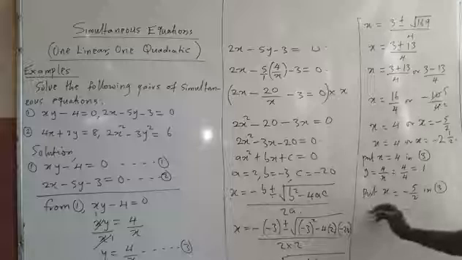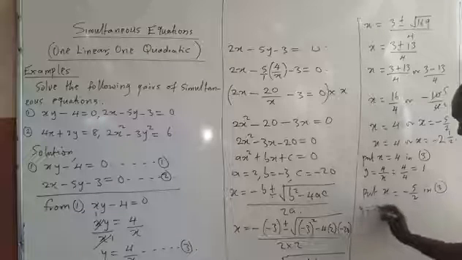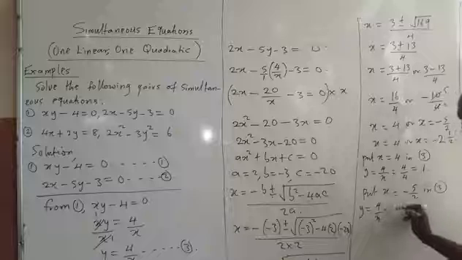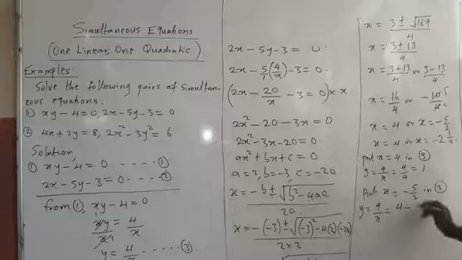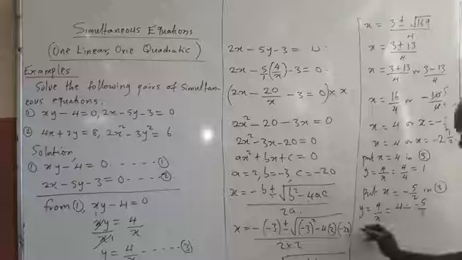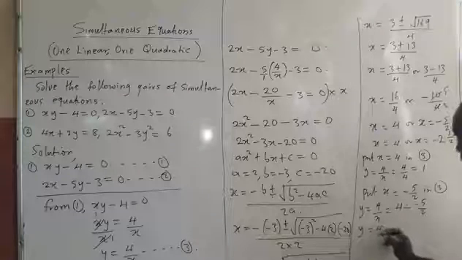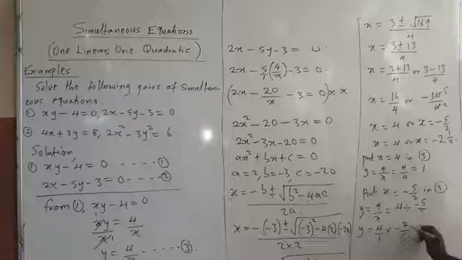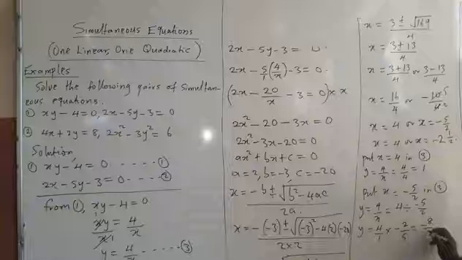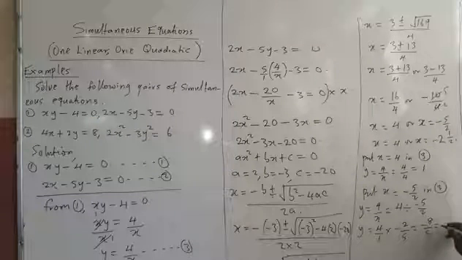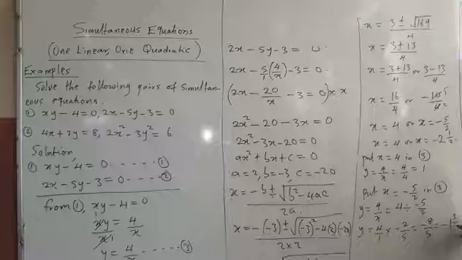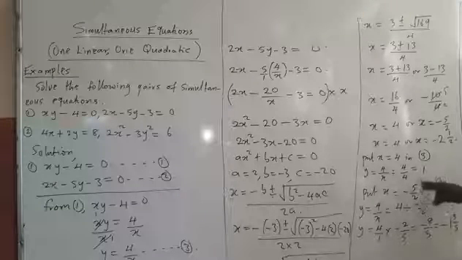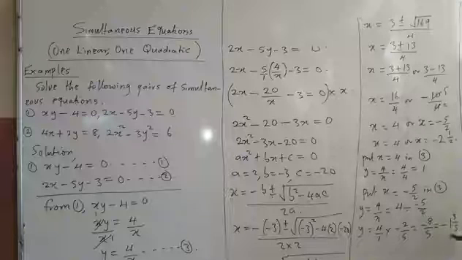So equation 3 is the same thing as y equals 4 over x, which is 4 divided by x, and x is minus 5 over 2. So we have y equals 4 over 1 multiplied by minus 2 all over 5, which is minus 8 over 5. So minus 8 over 5 is minus 1 whole number 3 over 5. It means when x is minus 5 over 2, y is minus 1 whole number 3 over